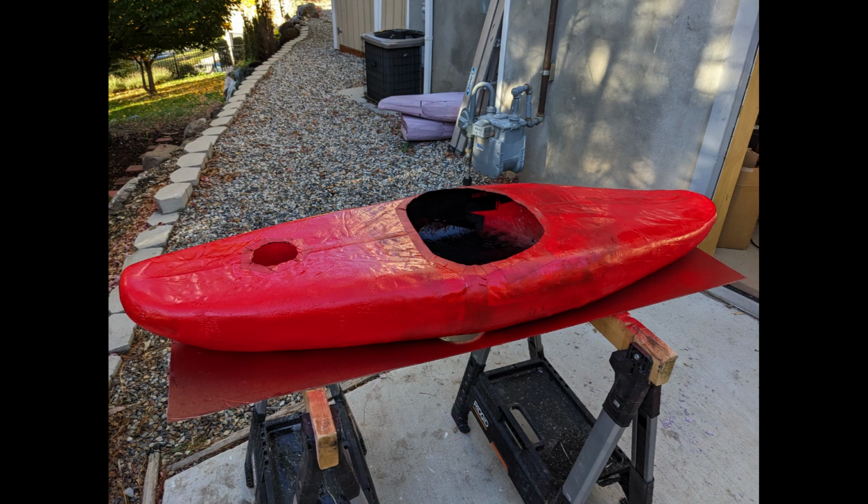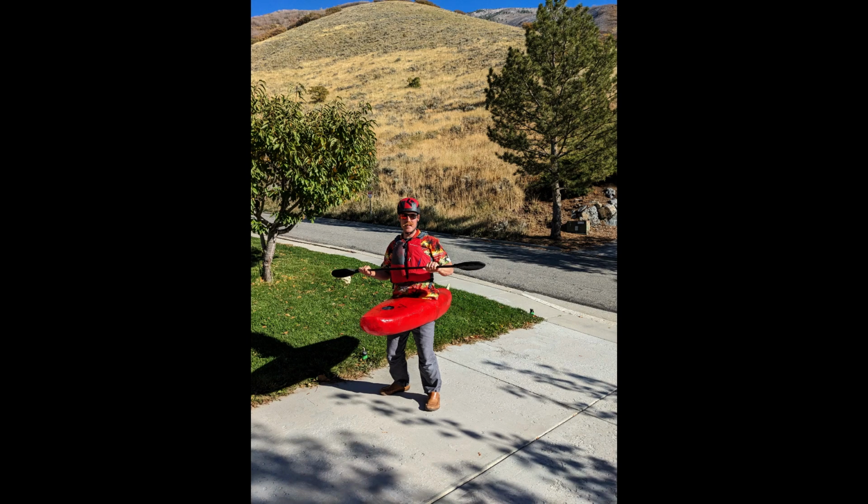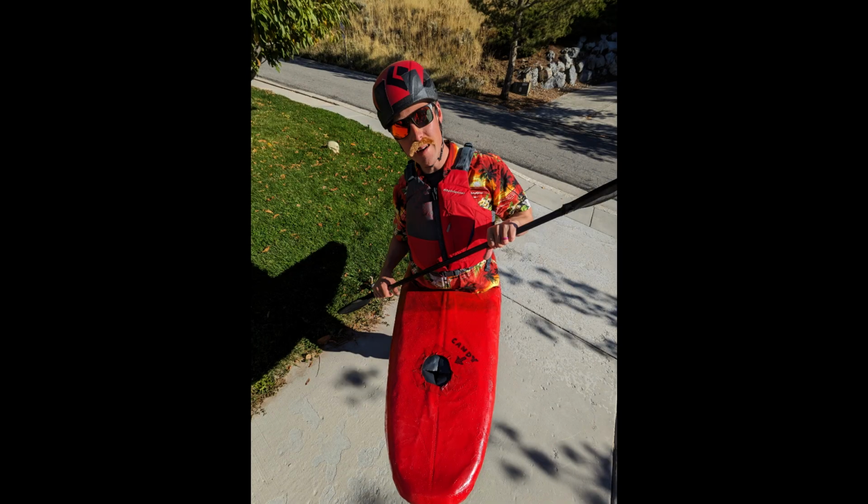Today I'm going to teach you guys the steps to building your very own fiberglass boat. Building a fiberglass boat wasn't nearly as hard as I thought it was going to be. And since this one didn't end up being very large in size, it ended up being an awesome Halloween costume. And it even had a super sweet candy hole that I could use to collect the candy when I was